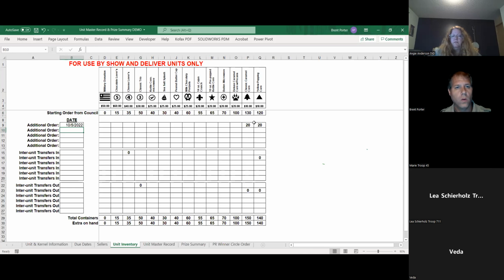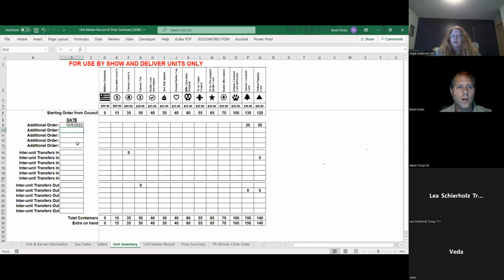Okay. Enter the date, enter the volume. You don't need to fill out any of the other fields with zeros or anything like that. Only the stuff that you physically get, you can put in there. Okay. Any additional orders, you can continue to tally those all the way down. There's 5 lines in here. If that isn't enough for you and you need more orders than that, double up a couple of them, call one of them end of September, call one of them October, beginning of October, something like that, and then combine the orders so that way the inventory is all captured within those 5 lines.